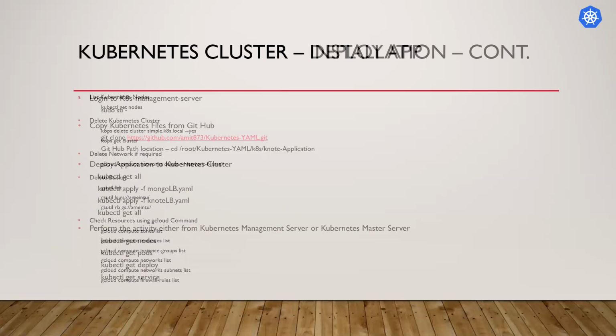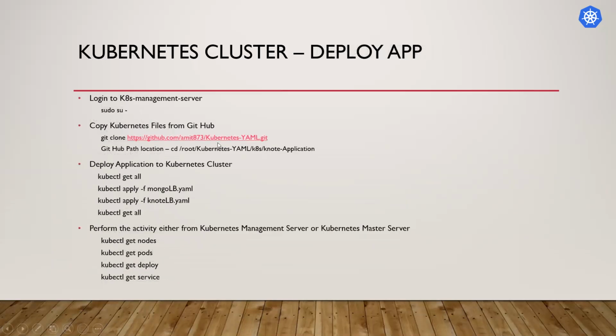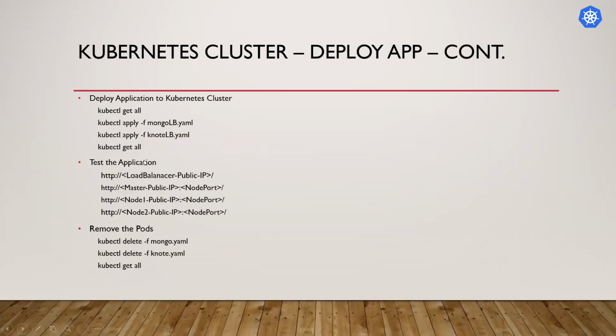After installation, we will go and deploy one application here, and we will use the Mongo load balancer application. That is front end and back end things. The front end is one application, and Node is the back end. We will deploy two services over here, and we will run this application. I will show you how we can run this application, and after successfully testing it, we will delete all those services and deployments in Kubernetes.